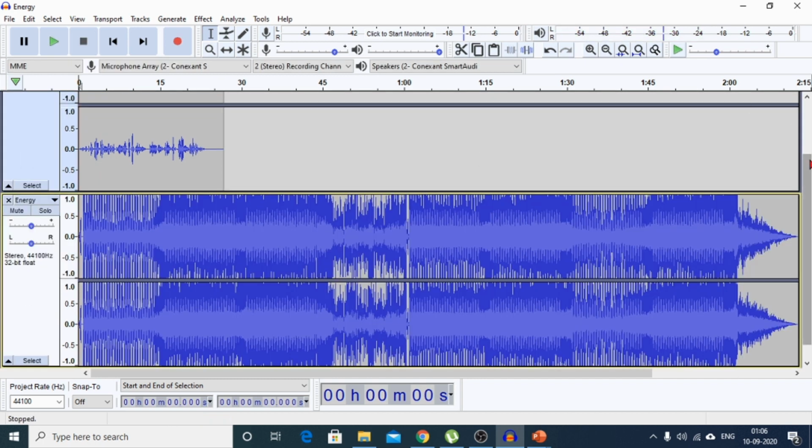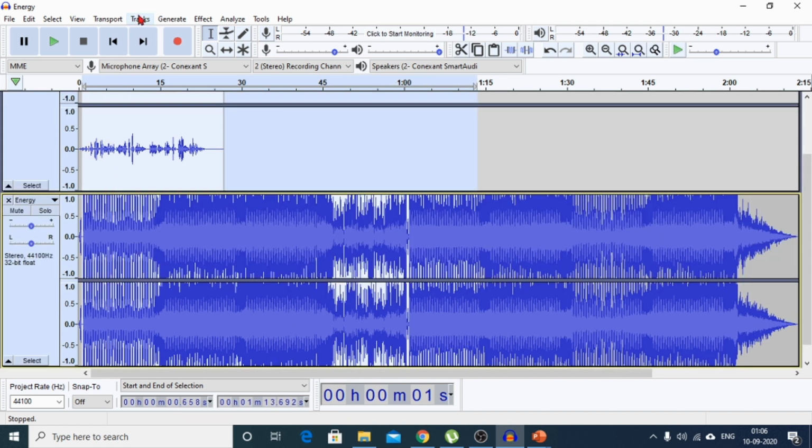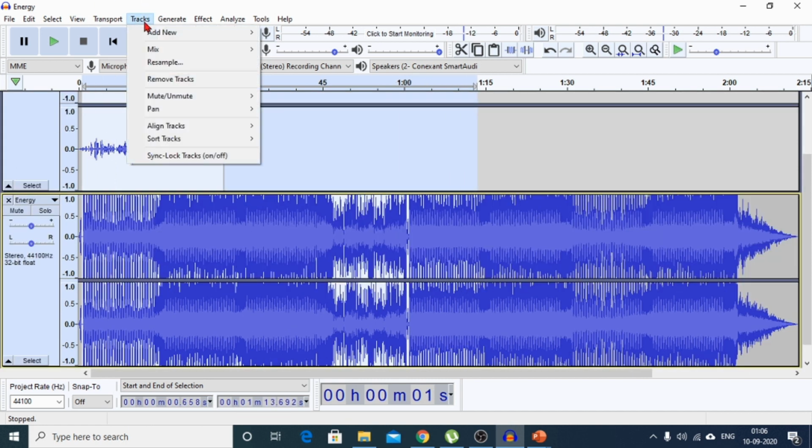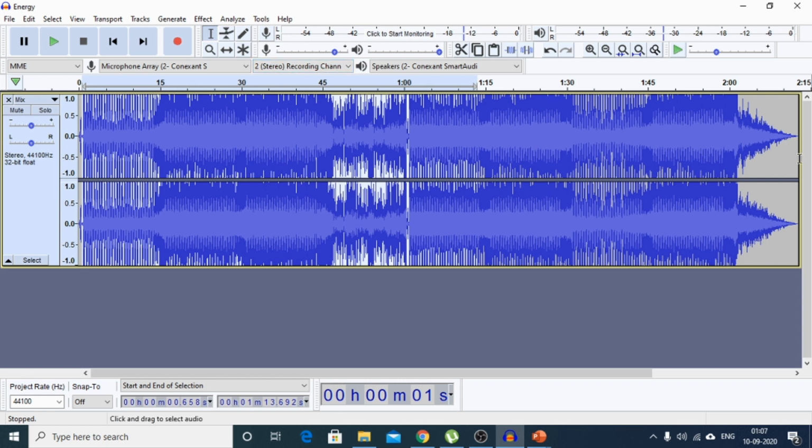Now say I want to mix both the tracks together, this voiceover as well as this background music. For that I need to select both the tracks together, and then I go to Tracks, and here's an option called Mix and Render. So you can see now that both the tracks have been mixed together. Okay, so now if we listen to this,